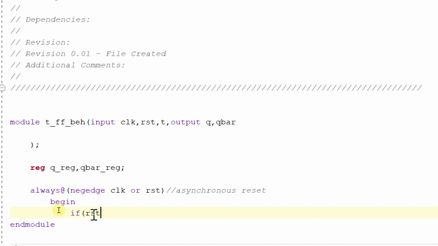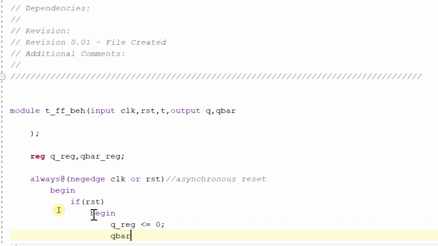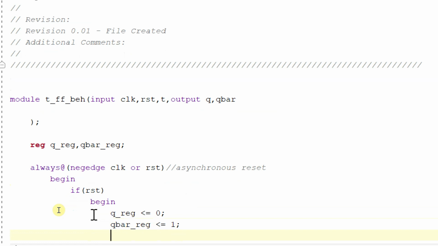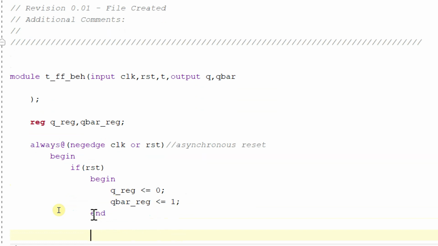So if reset, then begin q underscore reg will be equal to 0. So this is a very important point. Many questions will be asked from this also. q bar underscore reg will be equal to 0. If you are having any doubt, you can ask me. Else